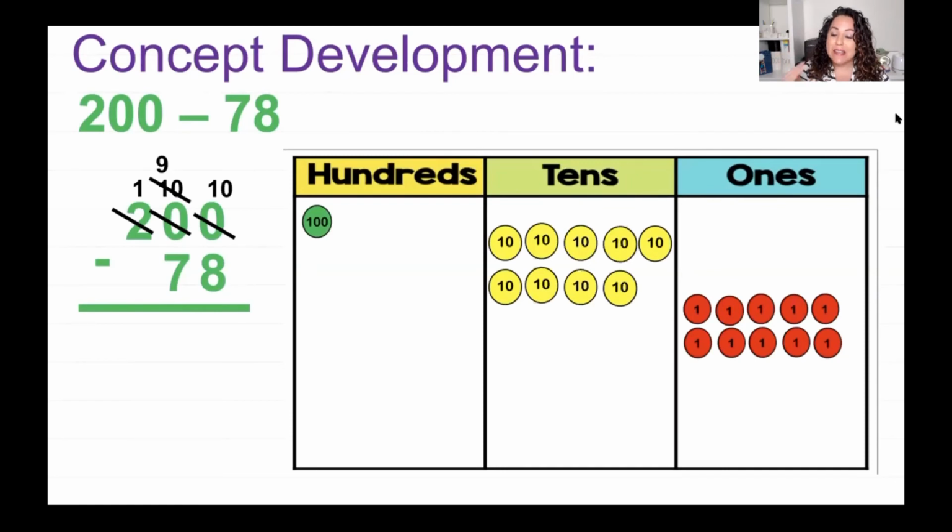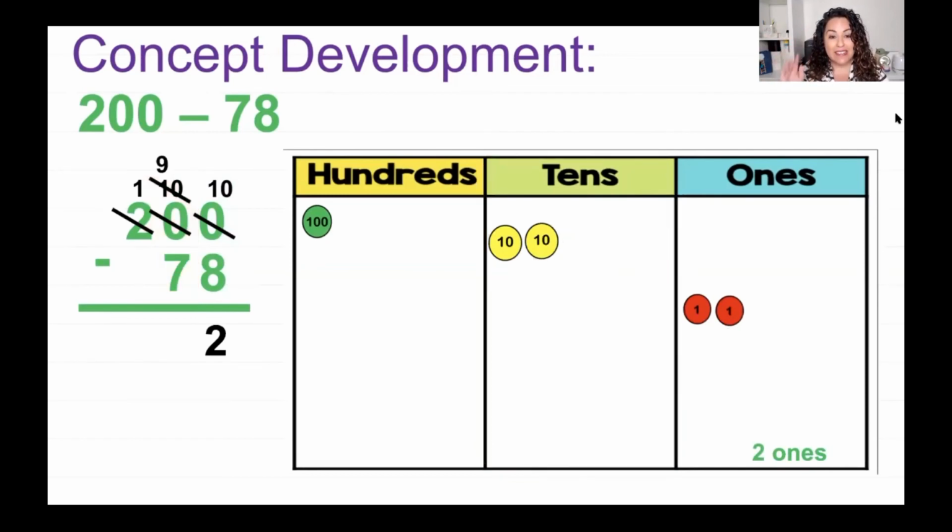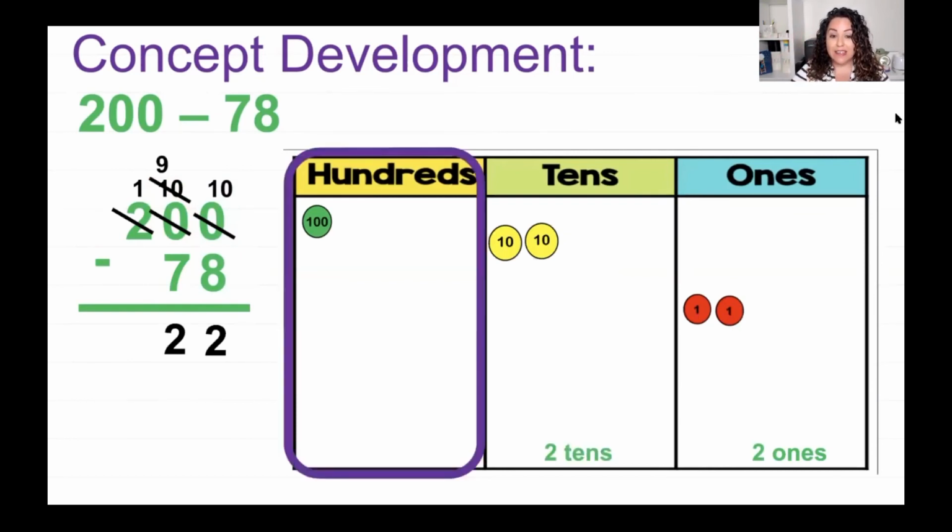begin subtracting. So let's look at our 1s place, and I have 10 1s, and let's take away 8. There go my 8 1s, and I am left with 2 1s. Now let's look at our 10s. I have 9 10s, and I need to subtract 7 10s. So there go my 7 10s, and I am left with 2 10s. And let's look at our 100s. I have 100 left, so I just bring that down, and my answer is 100, 2 10s, and 2 1s, or